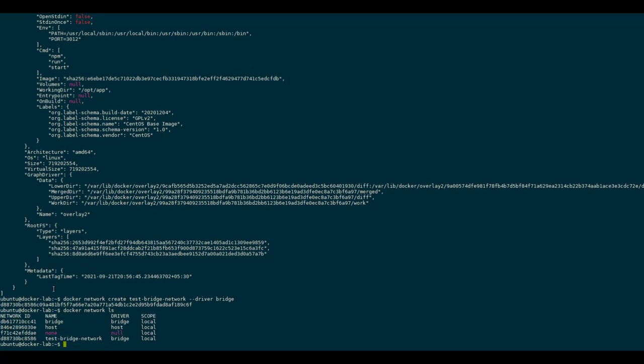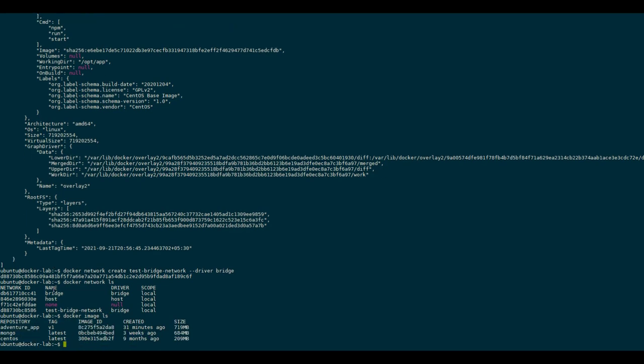Next we will start the MongoDB container. For that we will be using the image mongo latest.